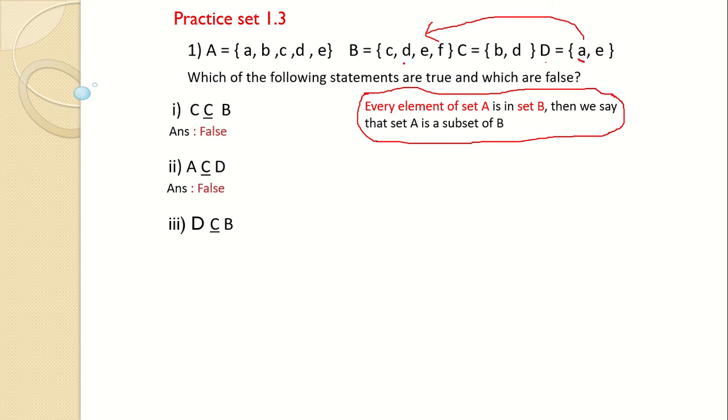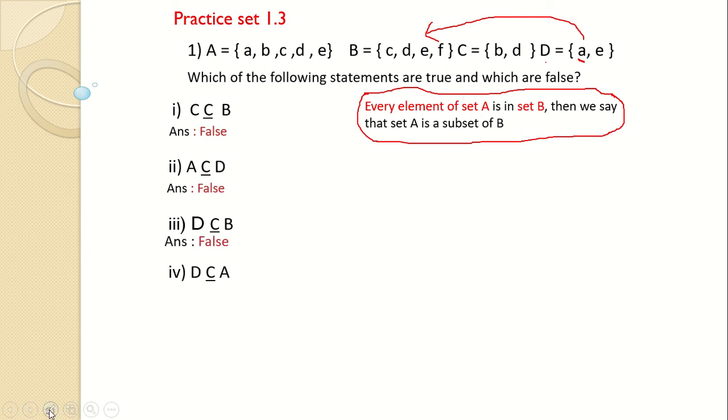Now this A is not found here. A is not found here. So one element is not found. You don't go further to see whether the other element E is there, because it is of no use, as A is not there. Every element of D has to be there in B. Then only we can say that D is subset of B, but A is not there. So this also is false.